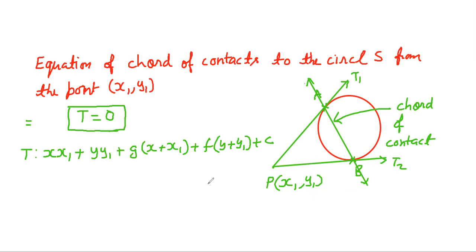In the same figure, you see this tangent t1 and tangent t2. These two tangents are here. This time from point P, we have one tangent t1 and another tangent t2. This is a pair of tangents. So we write down the equation of the pair of tangents